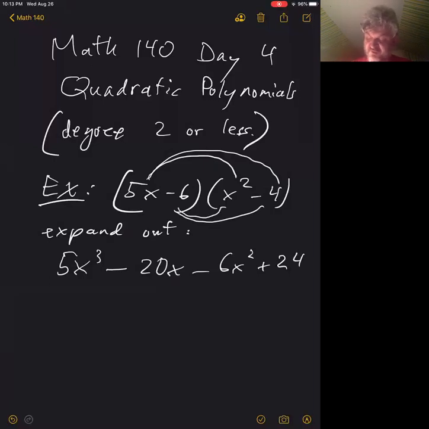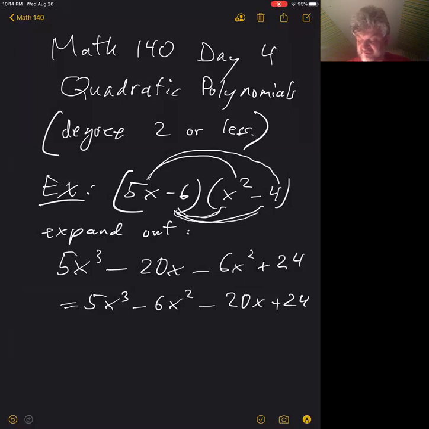This is not in standard form. You will organize it. Bring those powers into decreasing order. But the key is that we need to multiply everything in the first factor times everything in the second factor. And the order in which I did it, the two first terms, the two outer terms, the two inner terms, and the two last terms,